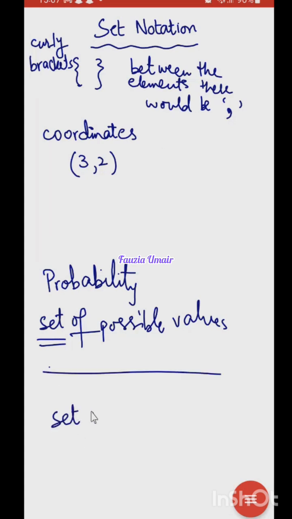So if I want to write down a set of vowels, how am I going to write it? I will write down curly brackets, because I know I need to use curly brackets for that. And how am I going to write A, comma, E, comma, I, O, and